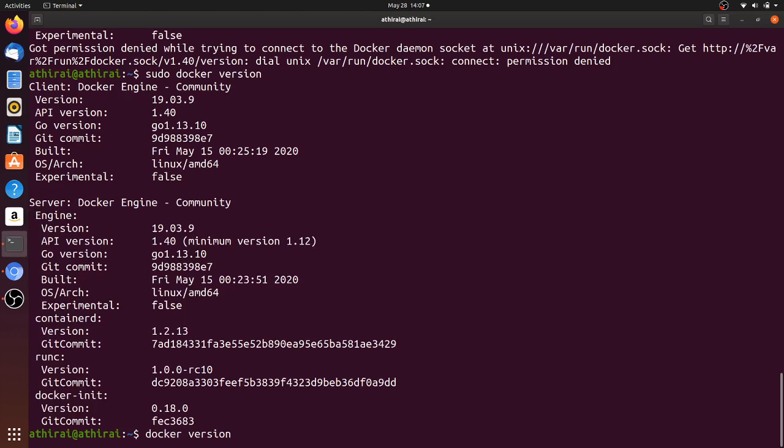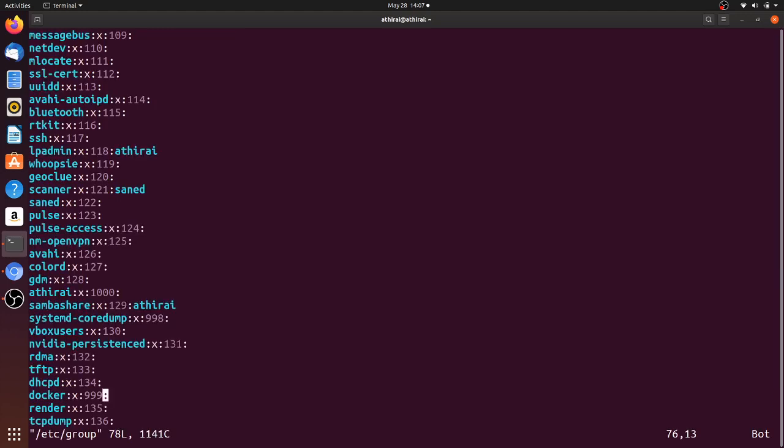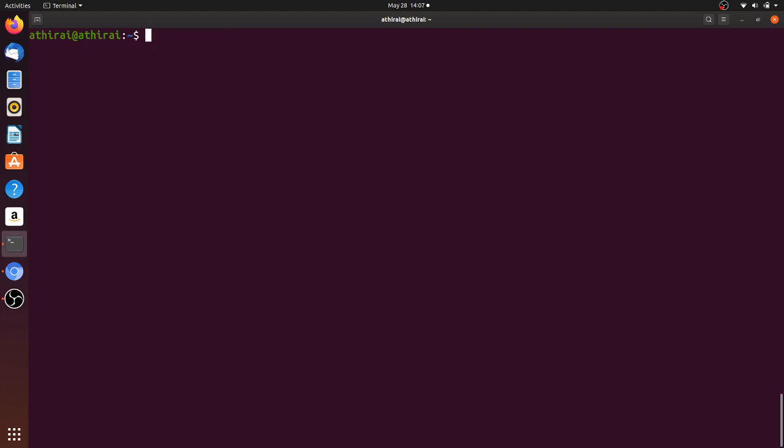But what if I want to give permission to my local user, whoever I have logged in as, to access my server? I cannot run sudo every time before the Docker commands. So I have to add this user, which is Adirai, to this group, but I cannot edit this file directly.